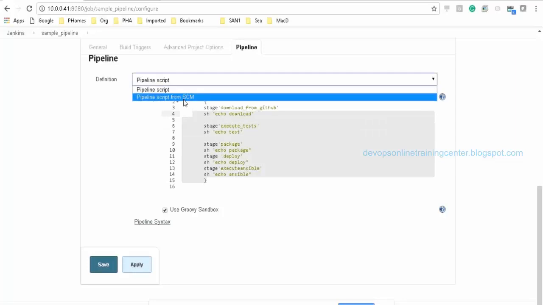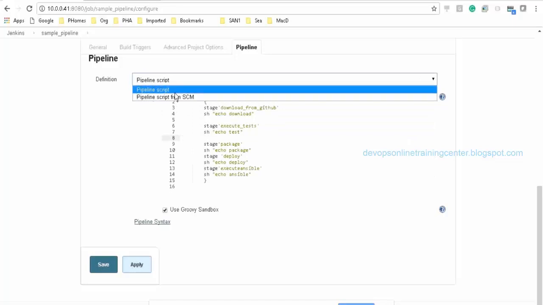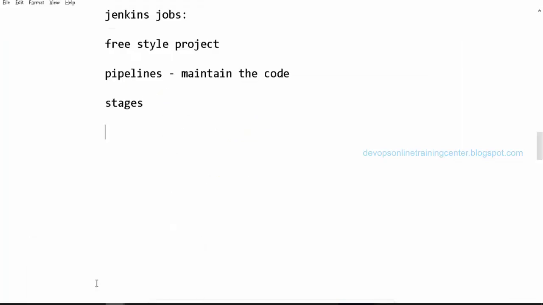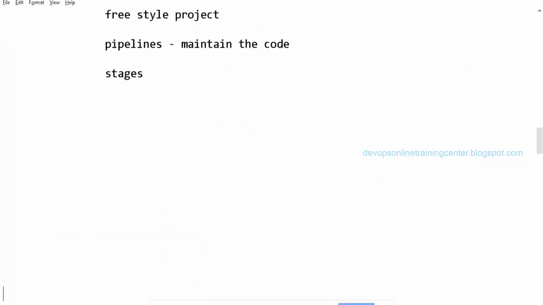to give pipeline script from SCM. So if we select this second option, we need to write a file called Jenkinsfile. The same file, same code, we need to write in a file called Jenkinsfile, and that in Groovy syntax.